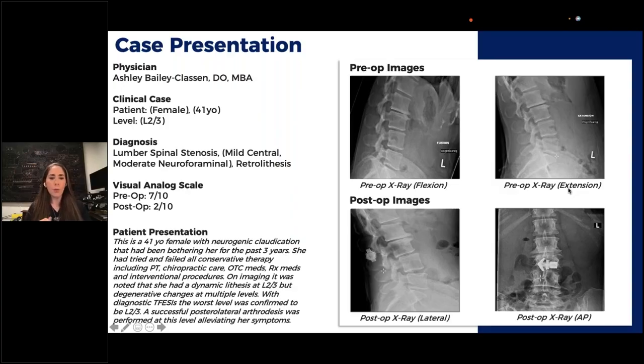One thing I want to highlight that Dr. Stevens mentioned: how did I pick that level? Because when you look at that x-ray, she's got changes all the way up and down, right? Diagnostic epidurals. Specifically, we were doing transforaminal epidurals on individual days at those individual levels and finding out which alleviated the majority of her pain. And so that's how we isolated back down to that 2-3 level, that was really what was bothering her. While the other levels look like they've got some stenosis, 2-3 was the only one that had some dynamic listhesis. So that's why we elected to fix that one.